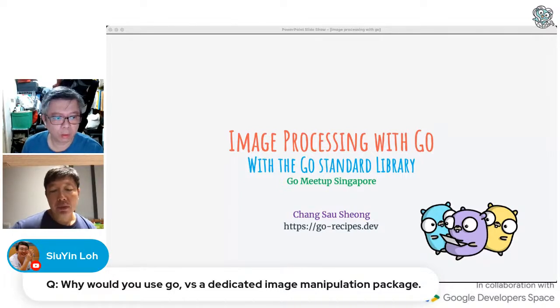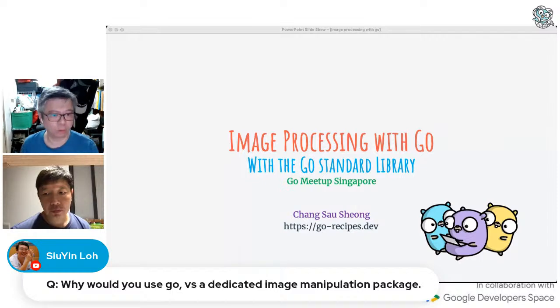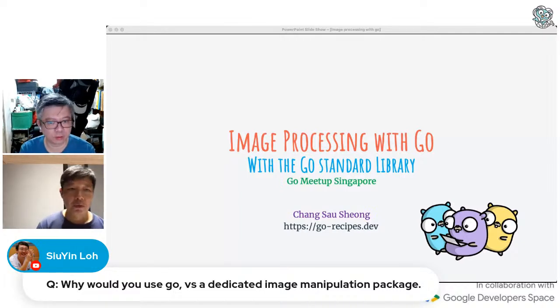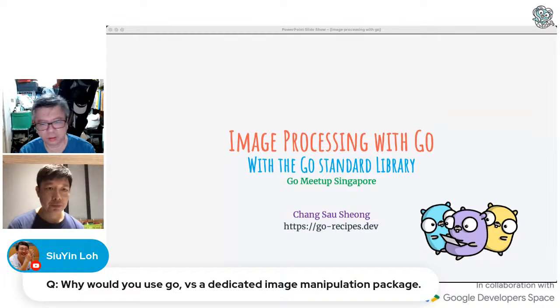So there are Go image packages. You can use that. But obviously, if you are writing some code in Go and you want to continue that in Go, then you want to use a package in Go, right? But let's say you don't even want to use another package, then you can just go with the standard library, providing the image processing that you're trying to do is relatively straightforward. Obviously, Go can do a lot more complex ones, but that really means you need to implement a lot more, right? I'm just trying to show that if your intention is to do something small, then you can just go with a Go package.